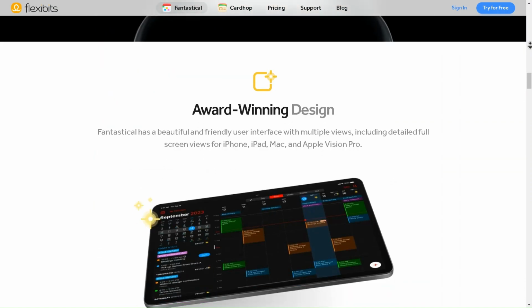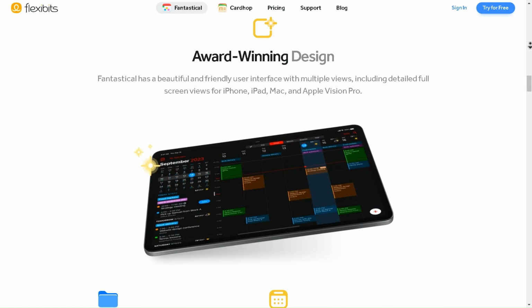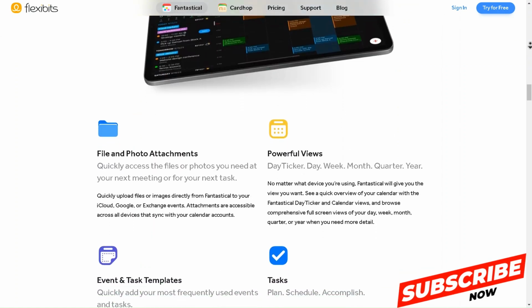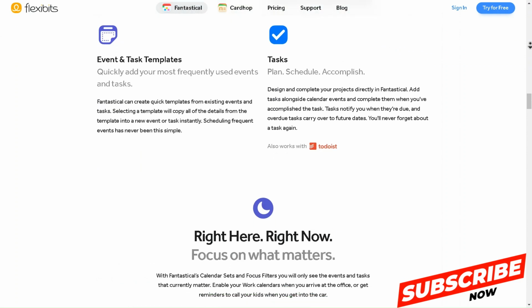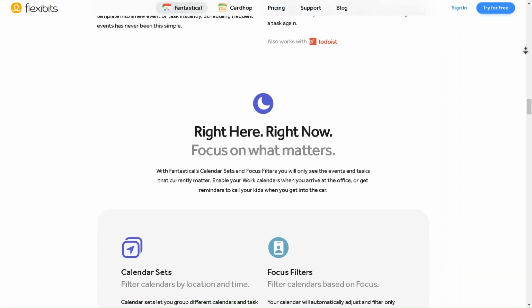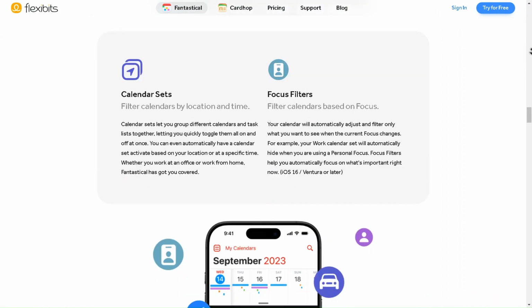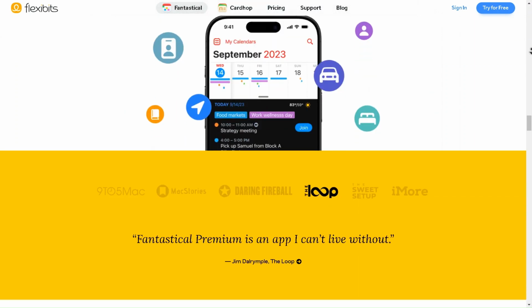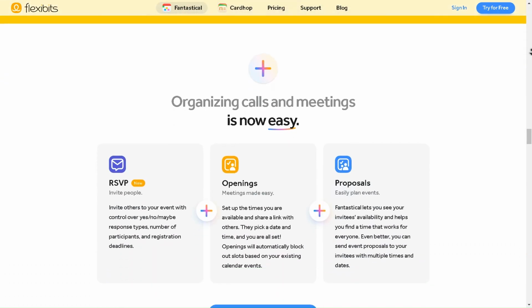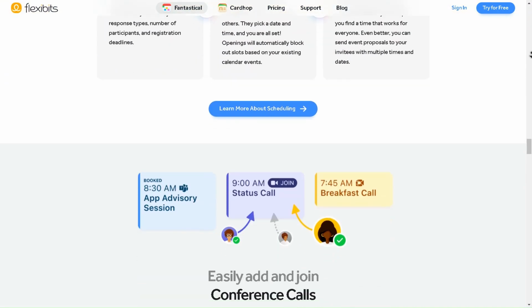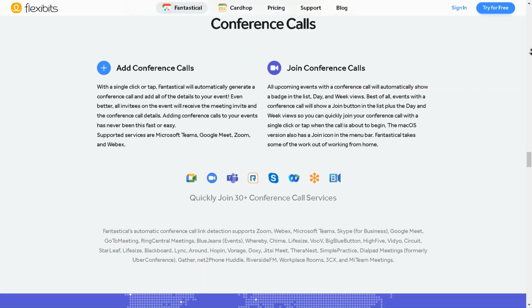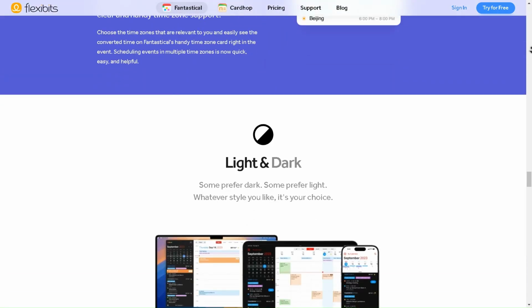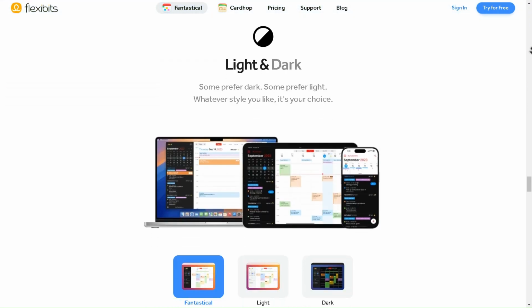The sleek interface offers a variety of views, day, week, month, or even a year, so you can see your schedule at a glance. Plus, with seamless integration across all your devices, you'll never miss an appointment. What's more, Fantastical includes powerful features like weather forecasts, to-do lists, and customizable alerts, ensuring you stay on top of your game. So, if you're ready to take control of your calendar, download Fantastical today and make organizing your life